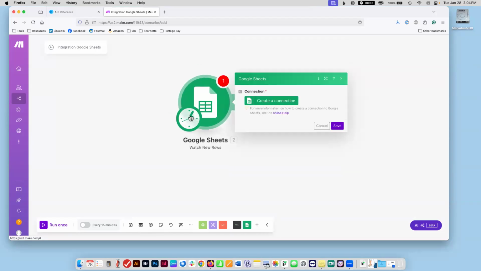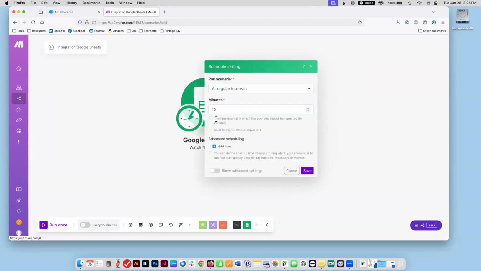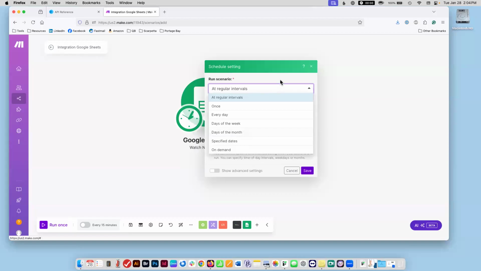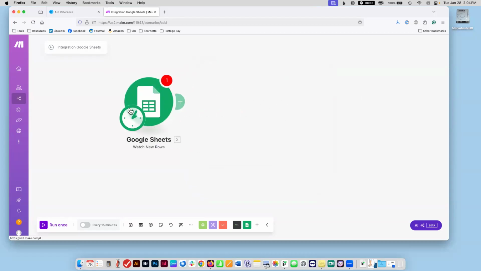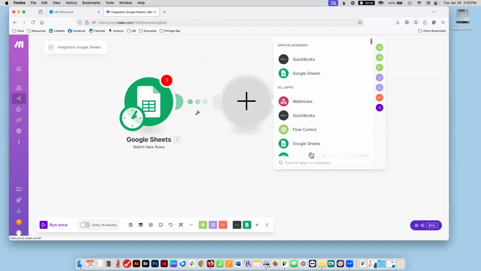So all this does is I create my connection, and I can say, check in at intervals, or I can put in a certain time of day or a certain time of the month. And that then triggers the rest of the scenario. So there's no webhook in here. It's your connection to whatever it is that you're connecting to. And then you can do something like,